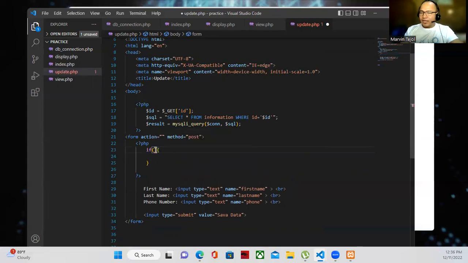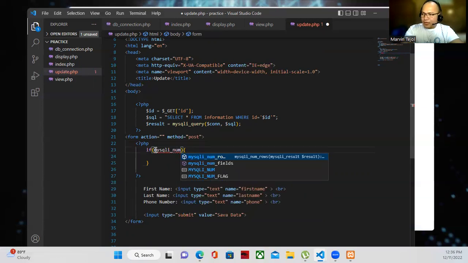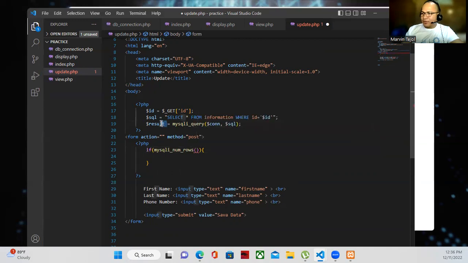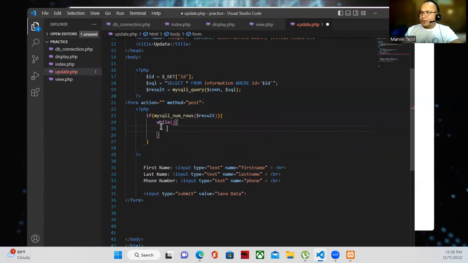So yung una natin guys dito, yun nga, may mysqli_num_rows. Ayan, result. Okay? So inside that is you have your result. Kung ano man yung result, then ipipaste natin yan. Okay, so next. So inside, then while statements. Okay. So while informations inside